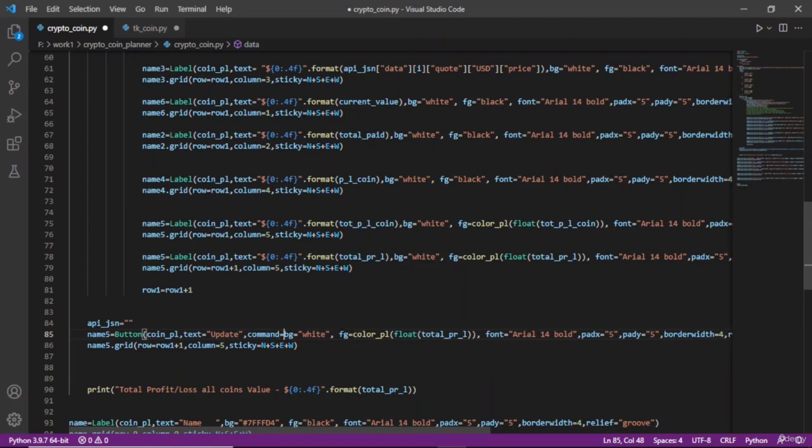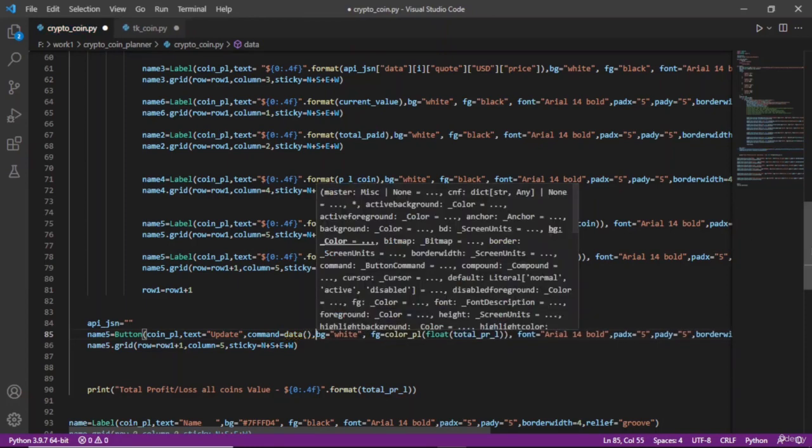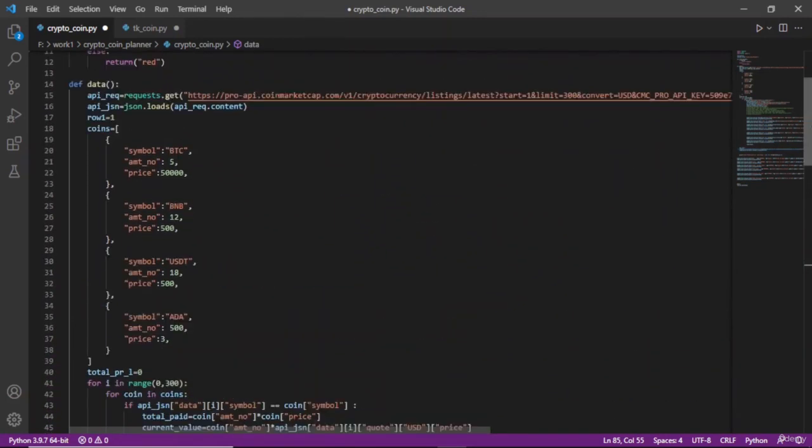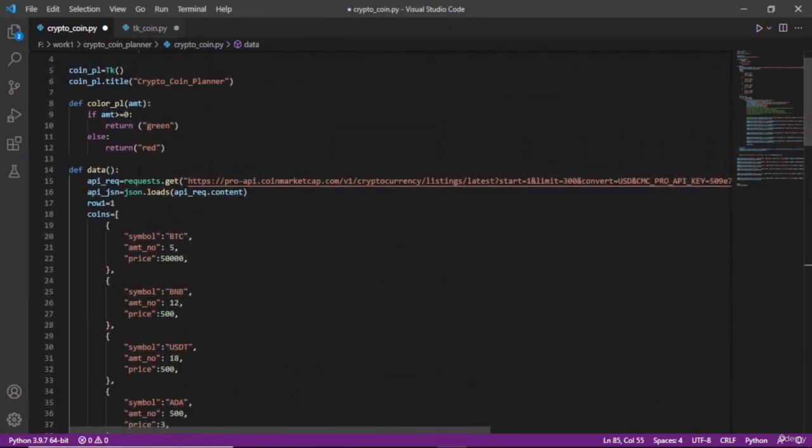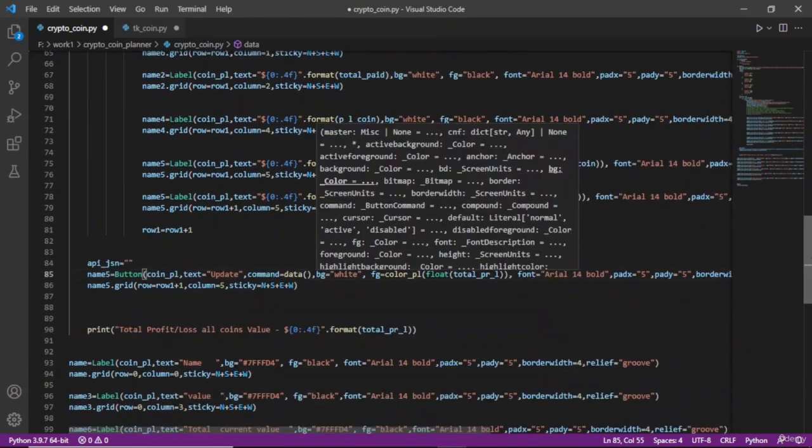So all we need to give is a command, and our command will be to call a function called data. And if you remember, our data is actually the function that we are running inside. So this is not a recursion, but what will happen is, you have executed once, the data was called initially when we have given, and after this it has loaded the data, it has given you the values, all the files